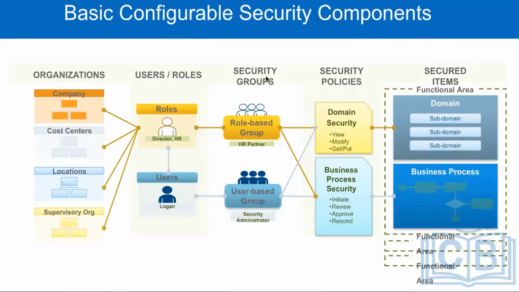Now for both the security groups, if you come in the middle of the visual, which is security group's role based. And after this, everything works the same way. The only difference is that in case of role based, you use the assignable role to basically derive the security, to restrict it. In case of user based, there is no restriction. It's all unconstrained. And by now you're already familiar with security policies, how to change them.